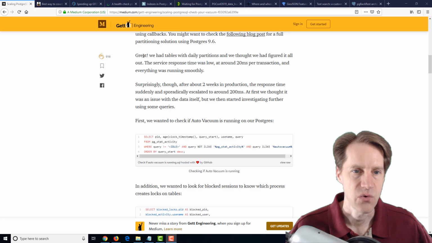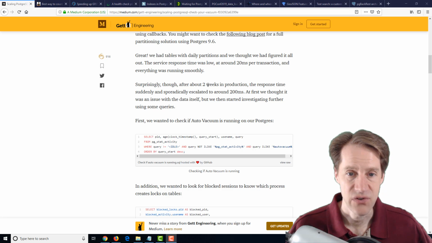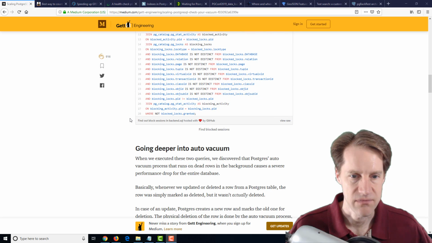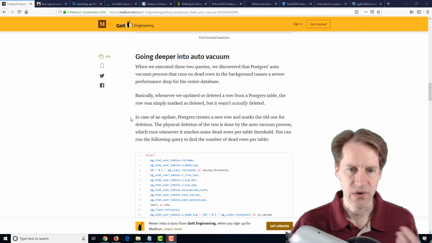And they said, quote, "Great, we had tables with daily partitions and we thought we had it all figured out. Surprisingly, though, after about 2 weeks in production, the response time suddenly and sporadically escalated to around 200 milliseconds from what was about 20 milliseconds." And basically, they discovered that it was an issue with auto vacuum, because even though they were inserting this data,